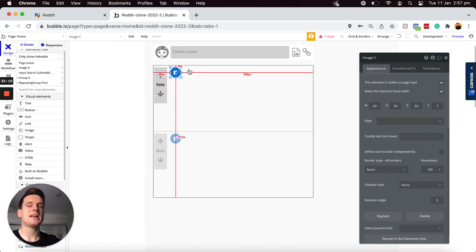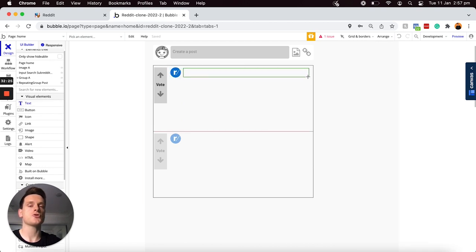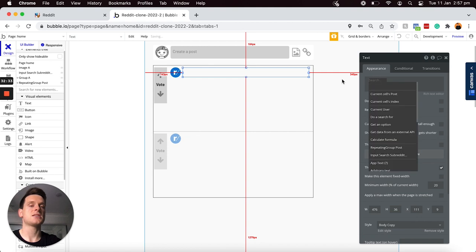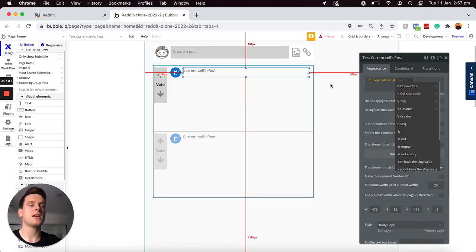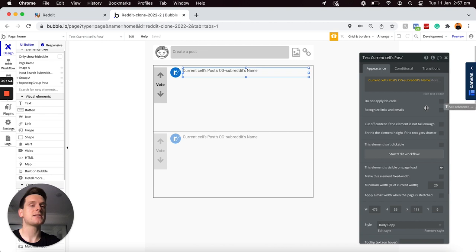And now beside the actual image of the subreddit, I'm going to display the name of the subreddit that this post was shared within. So I'm going to head to my visual elements tab, select to add in a text element. I'm going to drag this all the way across my repeating group cell here. And then I'm going to choose to insert dynamic data, and I'm going to display the current cell's post that we're working within, the original subreddit that it was published inside of, the name of that subreddit,